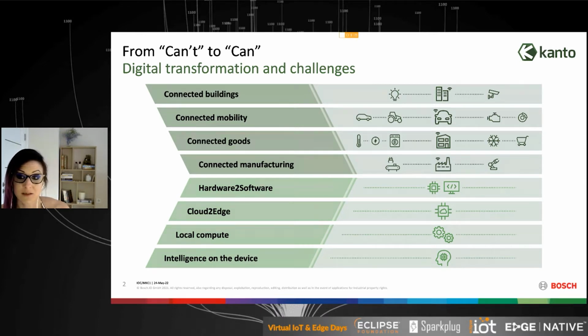That, of course, has its effect on all of the domains. It's not only about mobility or goods. You can see that also in connected buildings as well as manufacturing, because each time you have a lot of devices, each time you want to build that connected, distributed ecosystem of devices, you will most probably meet all of these challenges when you try to implement a solution to cover it.